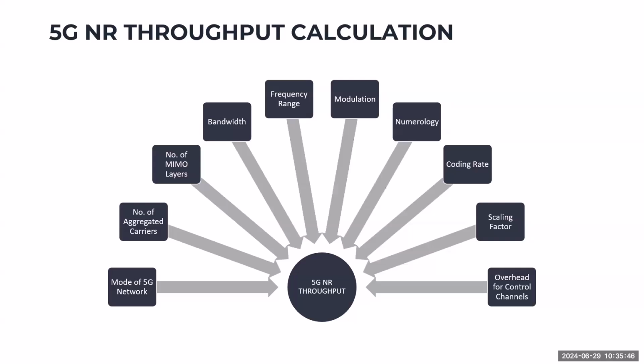Also not included here is the license that you activate in the network. Of course, you need to buy a license for you to activate the specific functionality of your network. Probably your network has the capacity or the potential to reach 1 gigabit per second, but the license you bought is not for 1 gigabit per second. So you cannot achieve it. You will not unlock the potential of your hardware. Okay? So those are the things not included here.